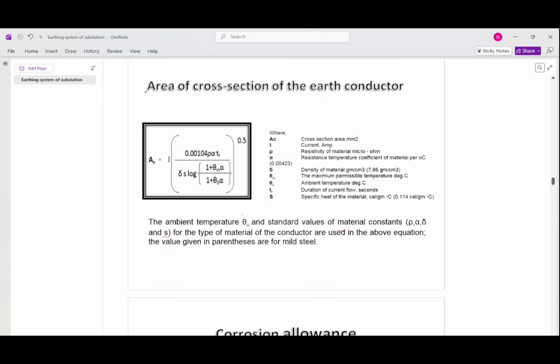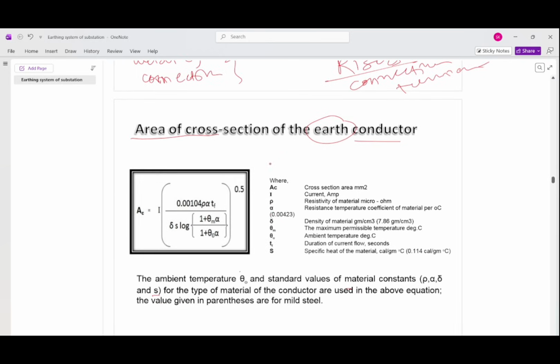Now we will discuss the cross sectional area of the earth conductor, how it is calculated. Some formulas in IS 3043 and IEEE 80: S = I √t / K, where K is the material constant. So the conductor cross sectional area is calculated. This is raised to 0.5, meaning root of. Here in this formula, I is the fault current